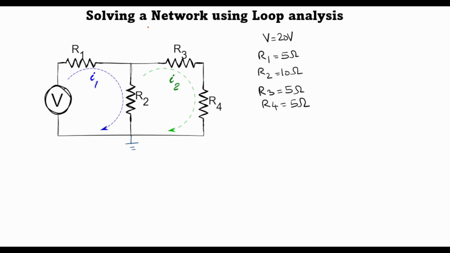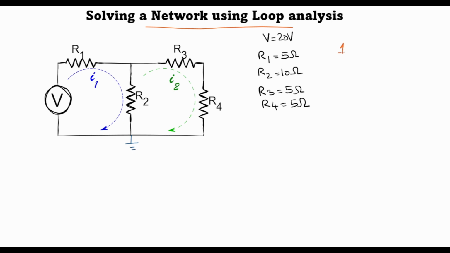Today we will be solving a simple resistive network using loop analysis. Loop analysis is one of the techniques of solving KVL equations by formulating loops within the network. In my previous lecture on KVL, I explained the physical significance of Kirchhoff's voltage law. If you haven't seen that lecture, you can click on this link. So for loop analysis,